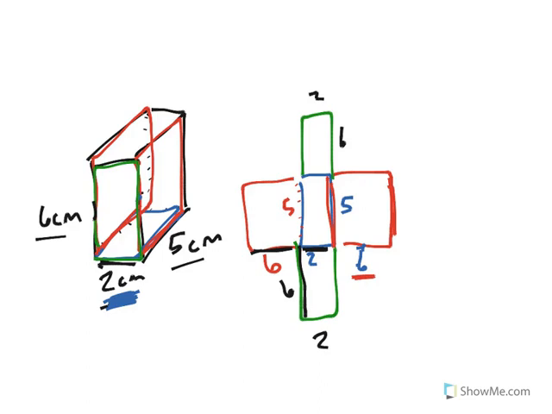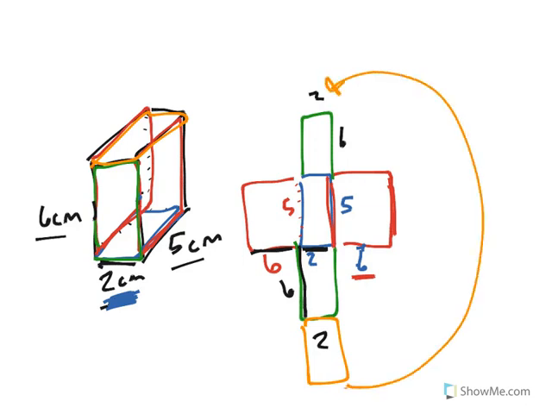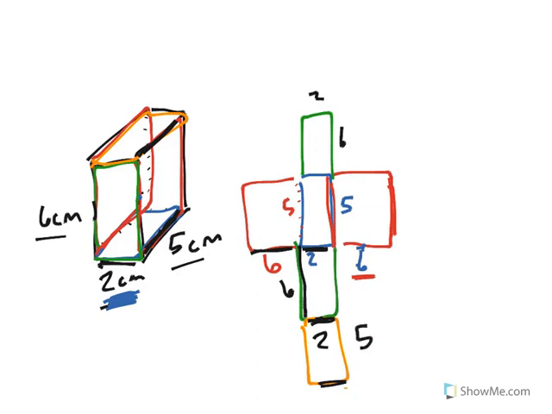And now the only surface we have not done is the top. So we're going to put our top, let's put it over here, because it would join up, and then if we folded it over, it would fold over and connect those two. So if you look, we already have this side of it, which is 2, so that means that one is 2. And then the top is going to be 5, because the bottom there's 5, that's got to be 5. And if you looked, these two would fold onto each other, and these two would fold onto each other, so those two sides have to be equal because they form an edge together. So now we have created the net for this,